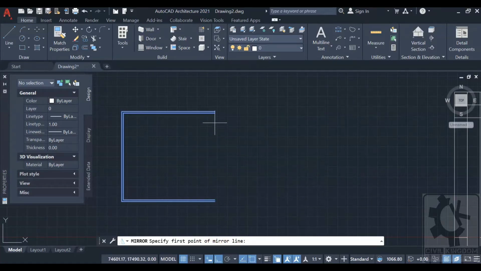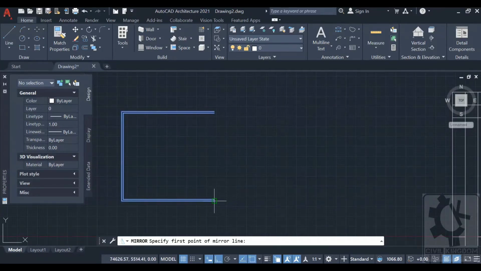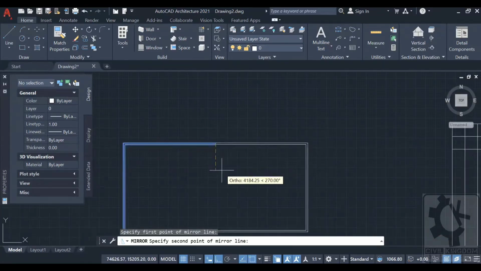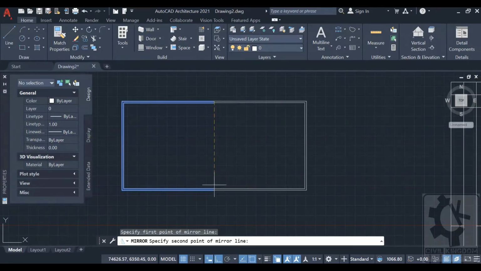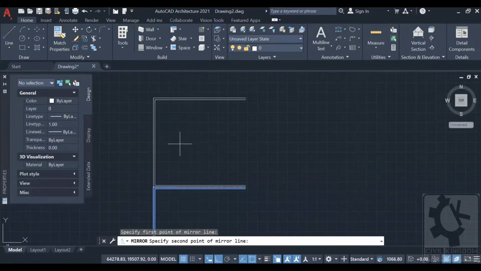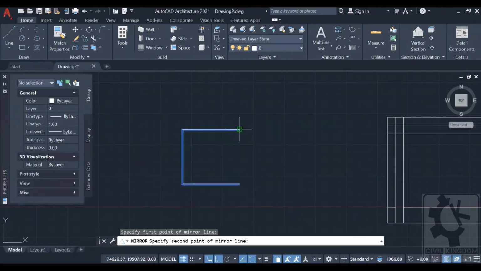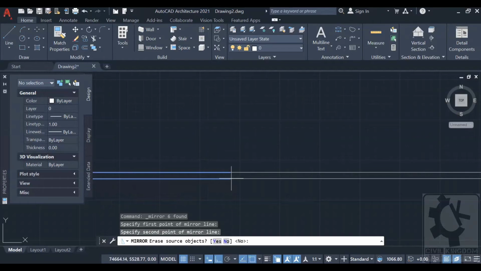If you place the mirror exactly touching this point, starting from this point and ending at this, it will show this mirror of the object. And if I move the mouse upward, it will show in the above direction. So it's how you move your mouse, the image will form.